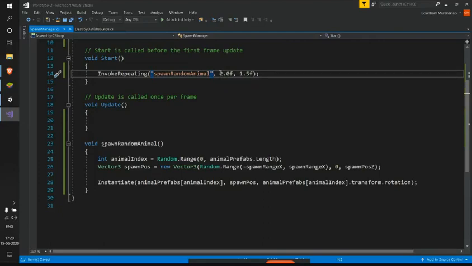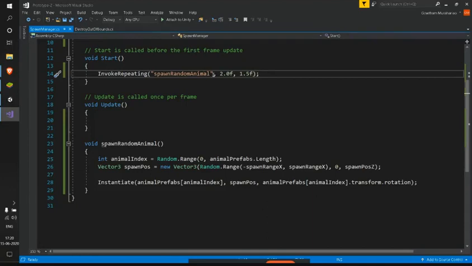So it got called for the first time. Then, as it is InvokeRepeating, not just Invoke, we have another parameter called repeat rate, and that is 1.5. And this 1.5 is the time for which it repeats.